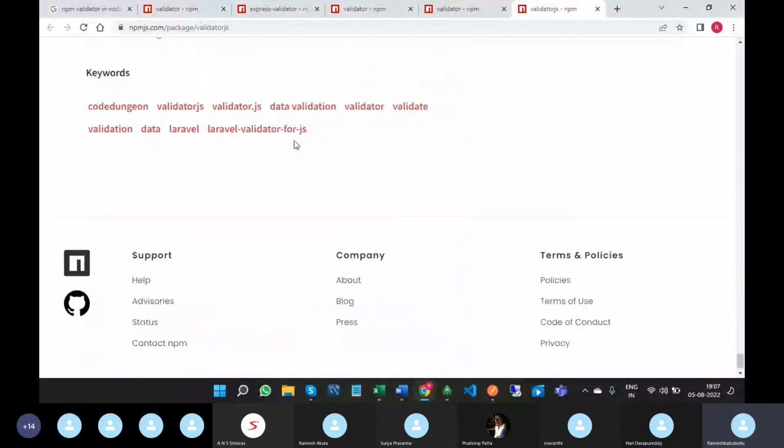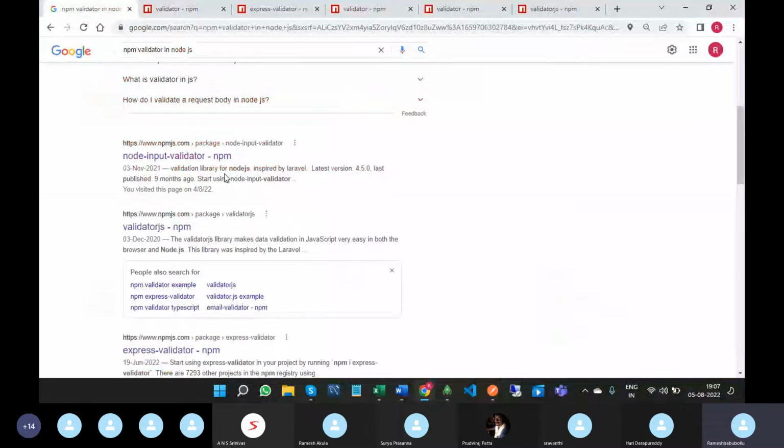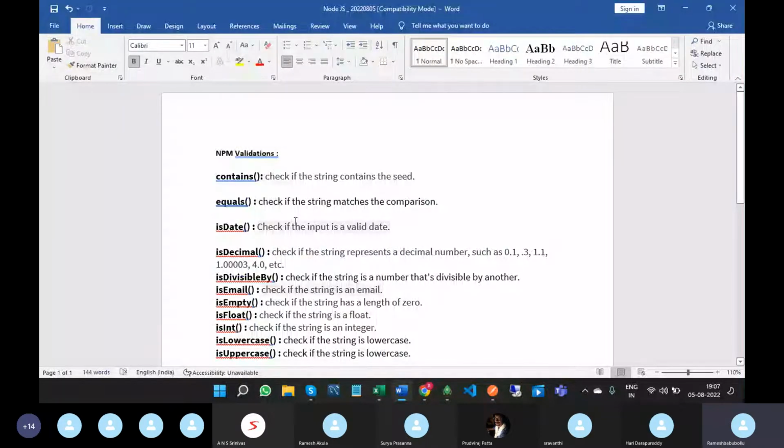Okay, I will share that NPM validator link later. We will discuss these topics, and we will check the validations one by one, whether they work properly or not. So the first one, contains. It will check if the string contains the seed. That means